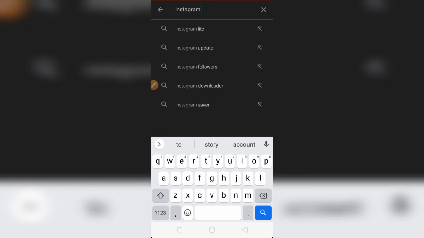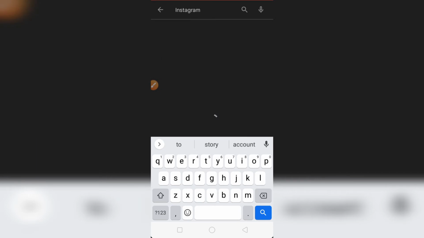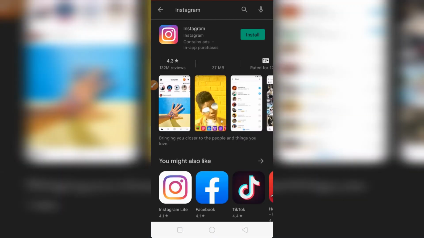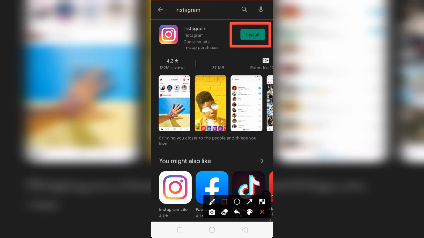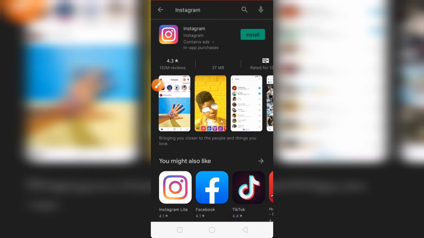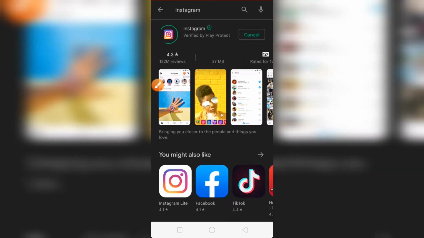After typing Instagram, tap on search button and here then you need to tap on install button. So tap on install button and Instagram application will start downloading, and after downloading it is automatically installed in your